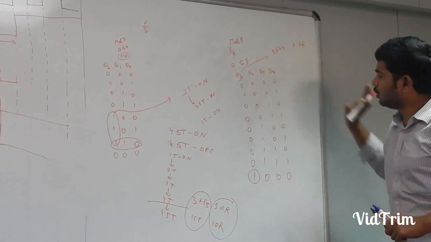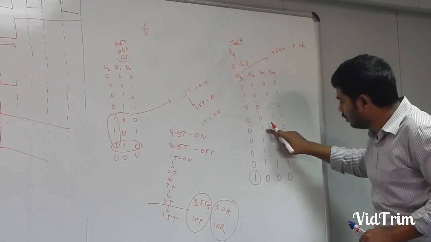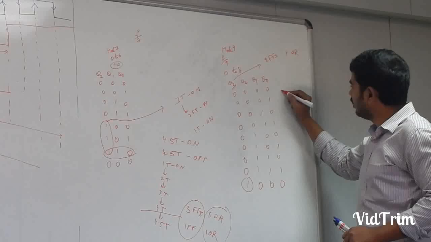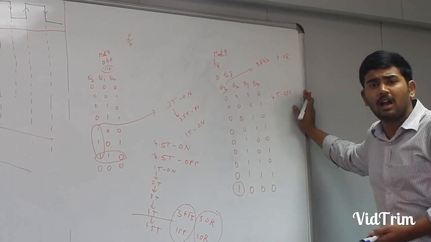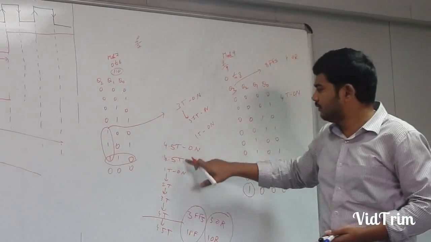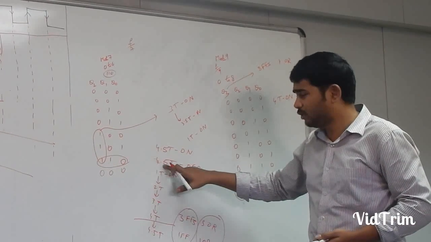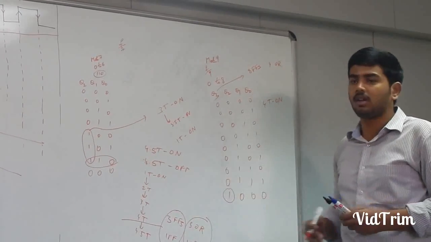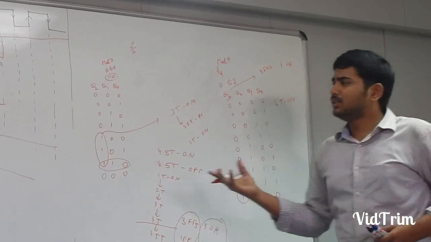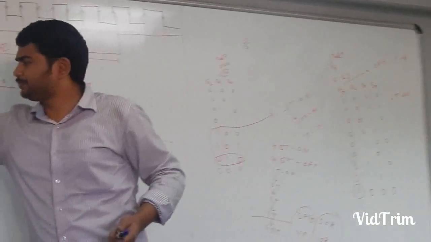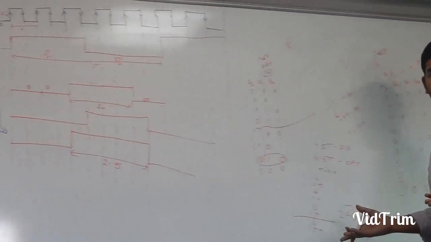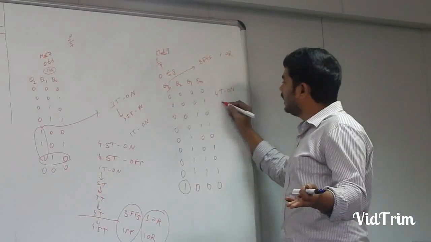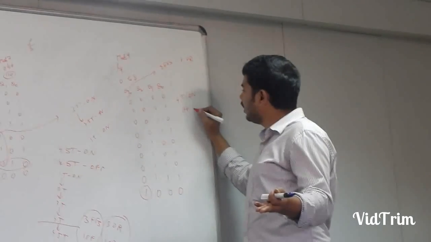So now come to Q2. If we take Q2, 4 clock pulses are already on. 4t is already on. Now 4t I want to make 4.5t on. For that is my requirement: 4.5t on and 4.5t off. So 4t, if I send to 1 negative edge flop, capturing the same data at negative edge, I will get 4.5t. Yes or no? So I require 1 extra flop and 1 OR gate.